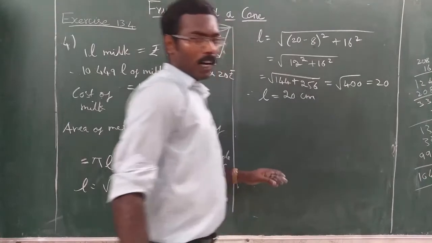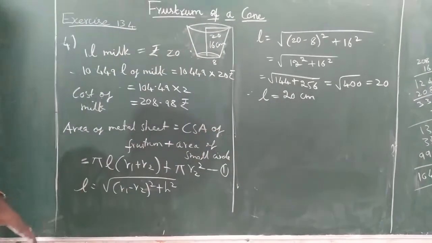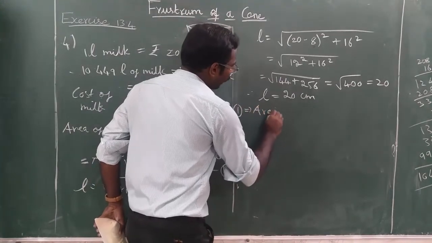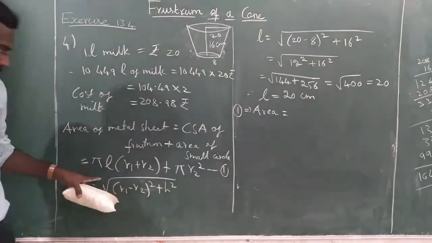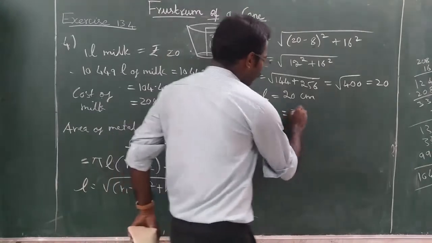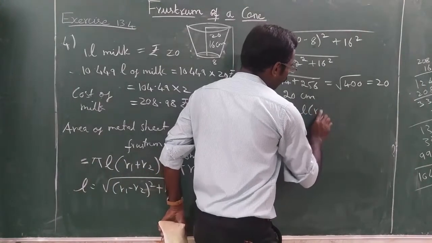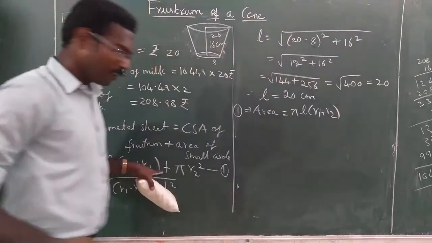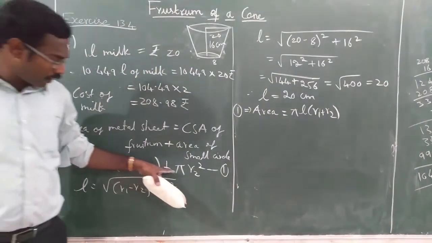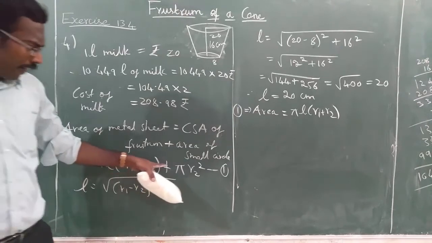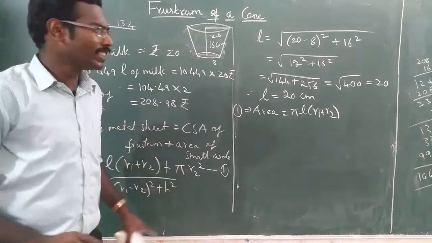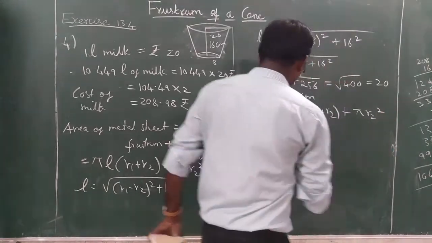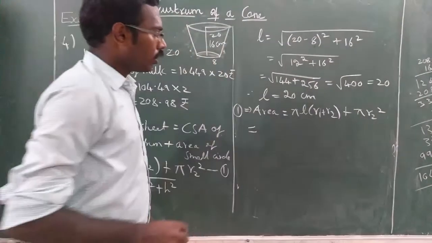Now, slant height over. Now, consider equation 1. So equation 1 gives the area formula. Area of the metal sheet is equal to pi L into R1 plus R2. Are you all following it, please? It's a big sum, but it's easy only. If you get practice with this, it's easy. So plus pi R2 square. So that is equal to